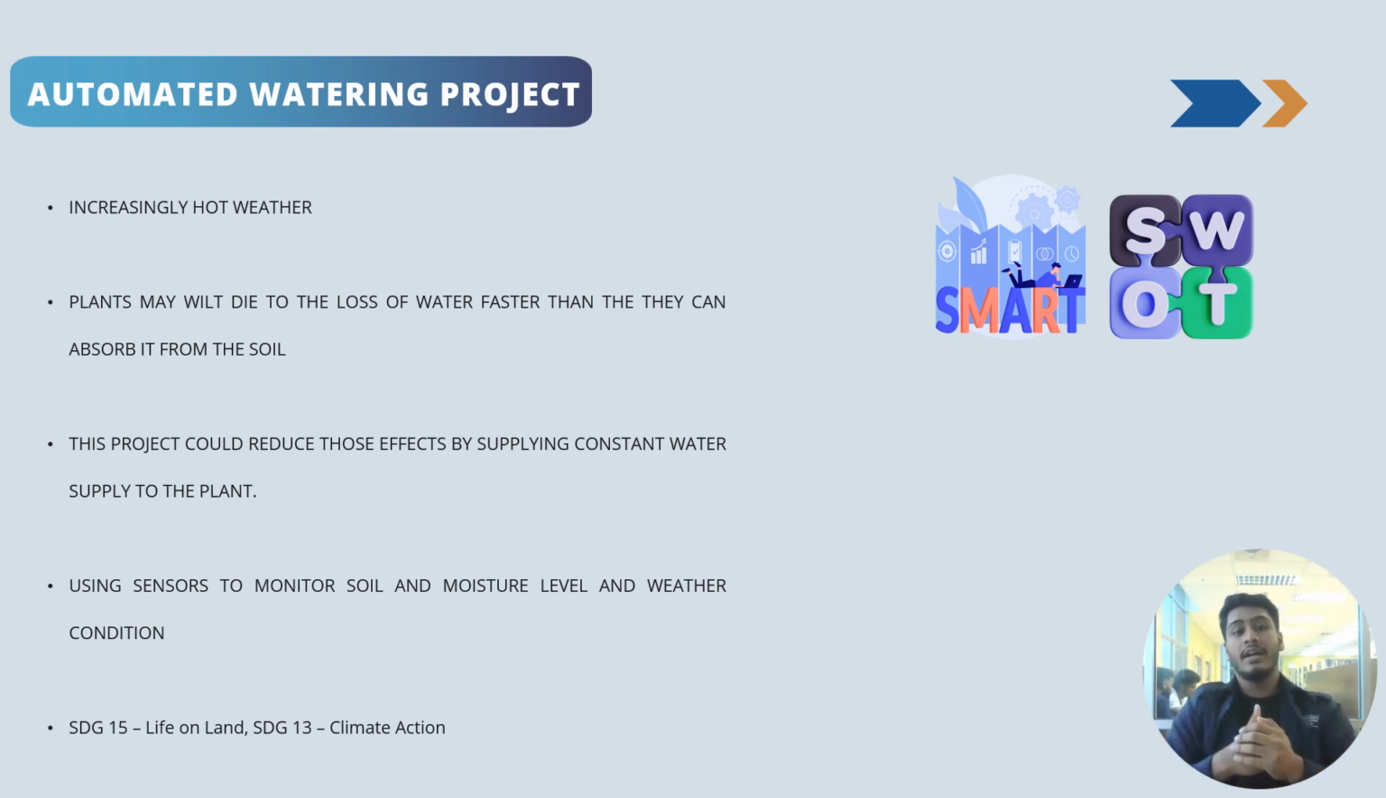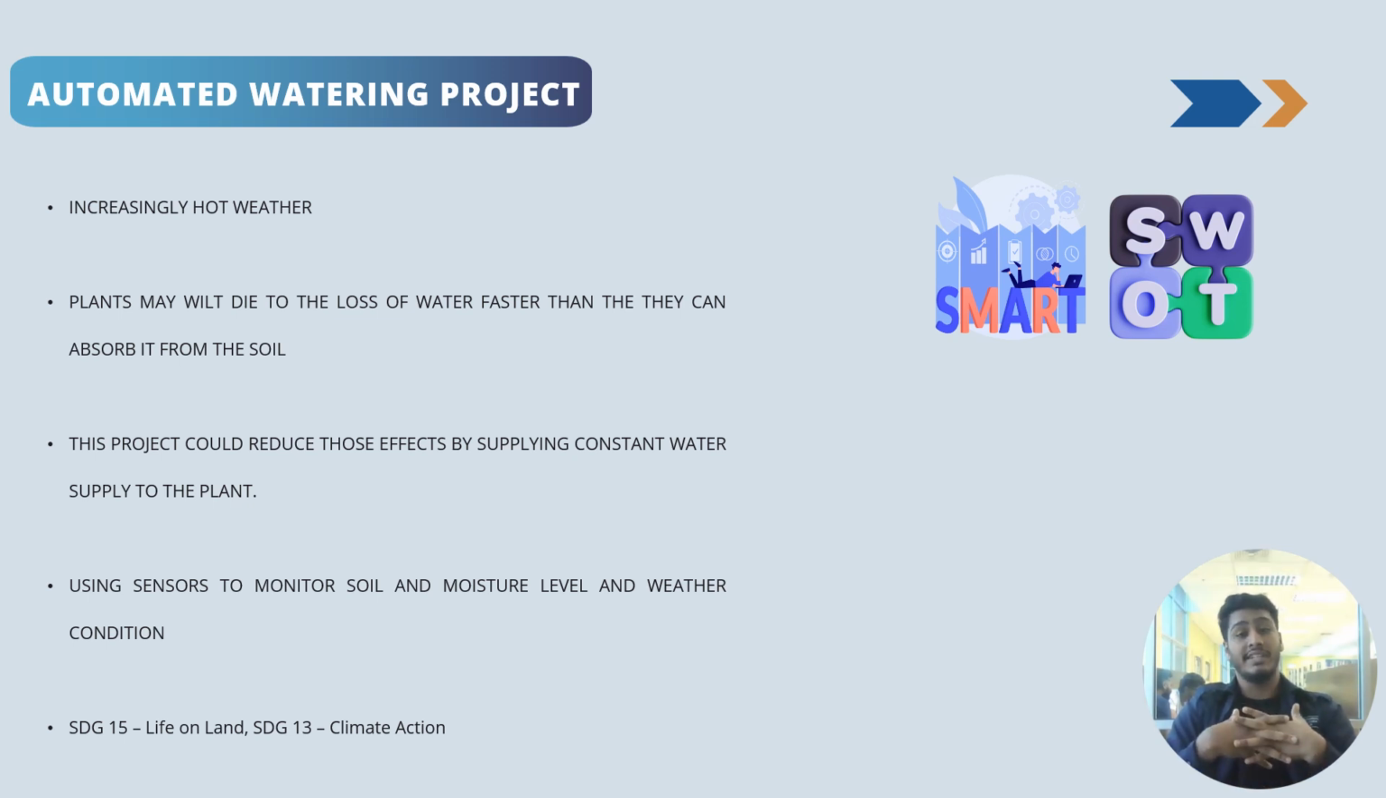Why, you may ask? The weather nowadays is increasingly hot, isn't it? It's not just affecting us, but also negatively affecting the plants as well. Plants may wilt due to the loss of water faster than they can absorb it from the soil. With this project, we could reduce those effects. And the best part is the project is related to SDG 15, Life on Land, SDG 13, Climate Action, and